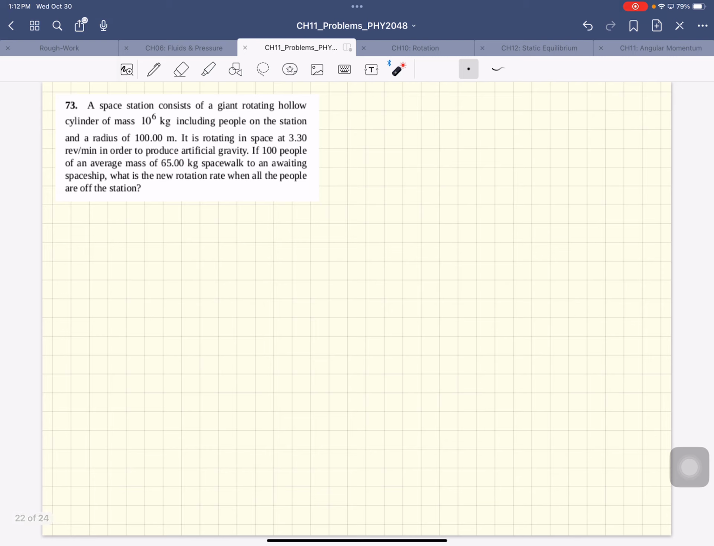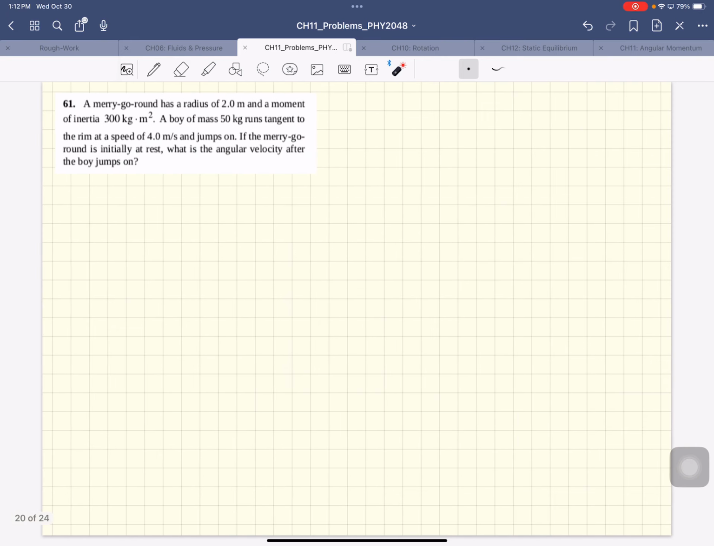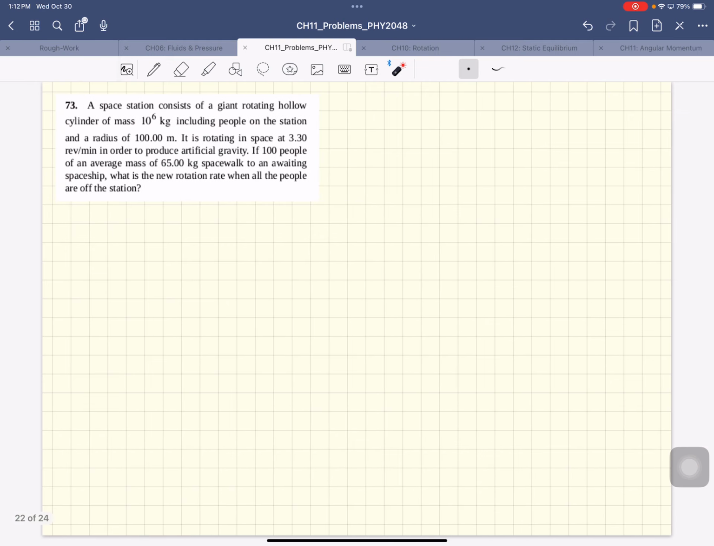All right, so I'll do this one problem because this is also interesting. I'm sure there are video recordings of the other problems. This problem is also interesting, but I want to get to chapter 12. So here's a space station that consists of a giant rotating hollow cylinder of mass 10 to the 6 kgs. If you wanted to do interstellar journeys, here's how you would do that. So your space station,